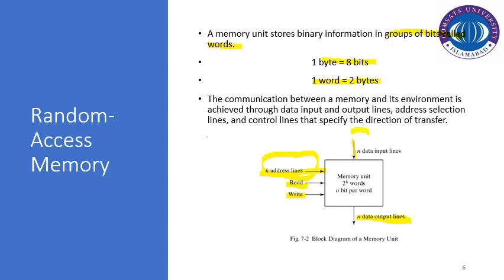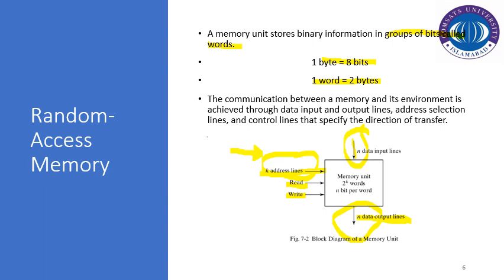We have some dedicated data lines that are represented by the data bus in a computer system, in order to carry the data from one device to another. We have address lines, and in a computer system we have an address bus that carries the address information. And we have some dedicated control lines, for example the read control line and the write control line, that are used to provide the read or write signal to the memory, so that the read and write operation can be performed. One important thing: only one operation can be performed at the same time. Either we will be performing the read operation or the write operation.